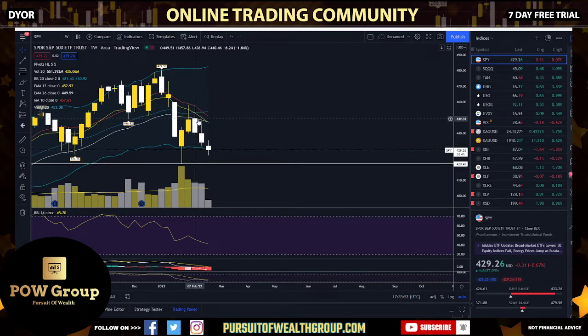Now, if this was, let's just go back to here. Let's say we were at this level right now. We hit a low of 425, and these EMAs just barely were about to cross, but the yellow line didn't quite hit the white line. That means that we could see them cross and see more downside. But the fact that they've already crossed and we have a bit of a lower wick here on the weekly